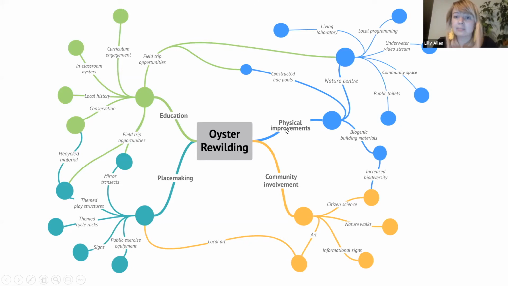So there were some physical improvements, like creating constructed tide pools. Constructed tide pools, in my intense Google research, are fairly rare, but I don't think they should be. Tide pooling is really fun, especially in low-lying areas and areas with wide tide zones like Granton has. And when you construct a tide pool, you're adding to the ecosystem. And so you can make safe places for people to walk and children to play, to experience the Firth of Forth.